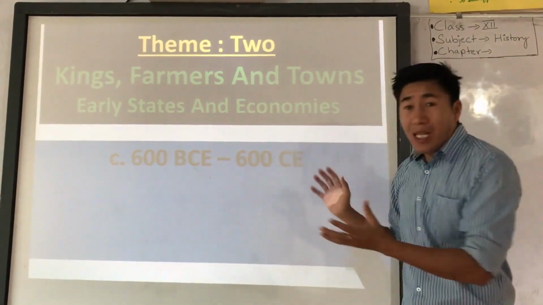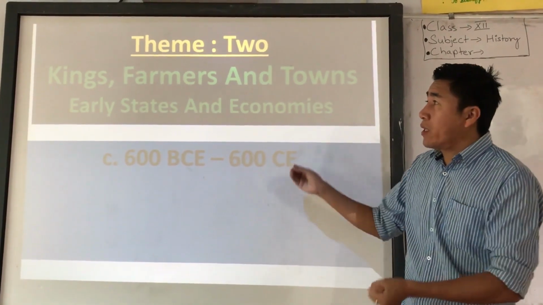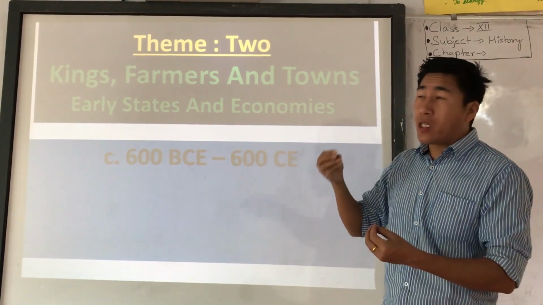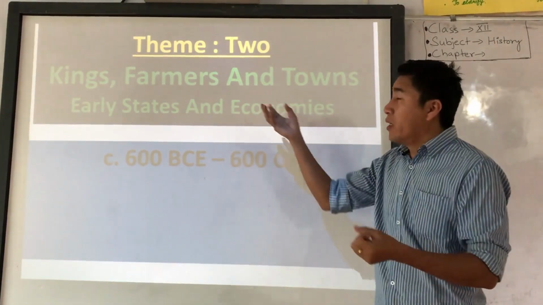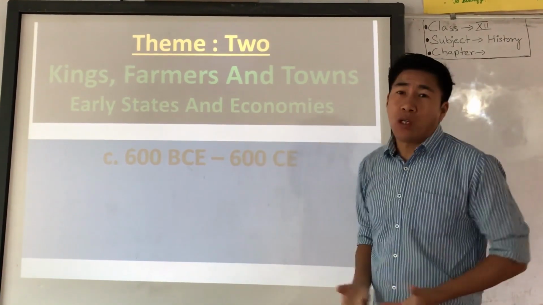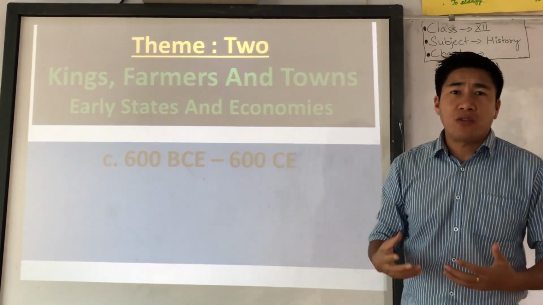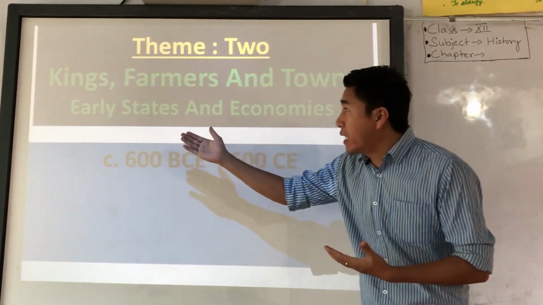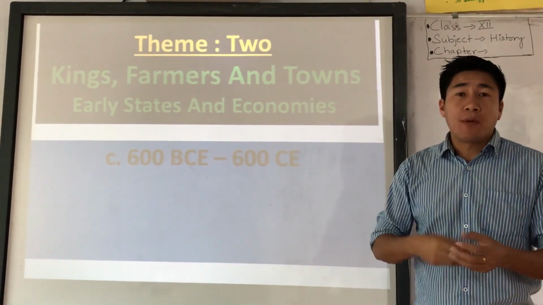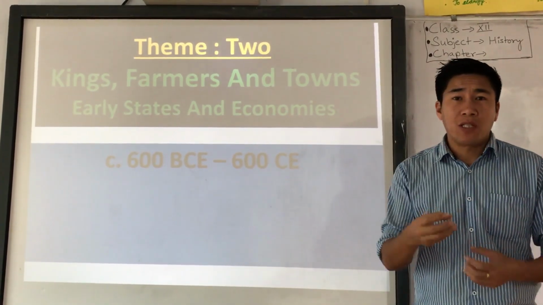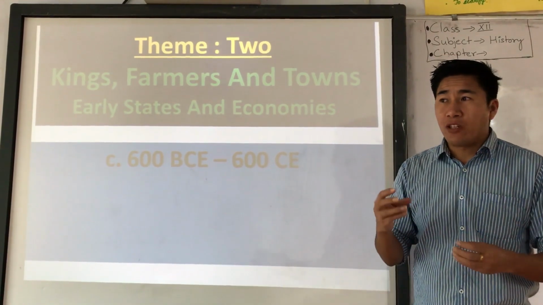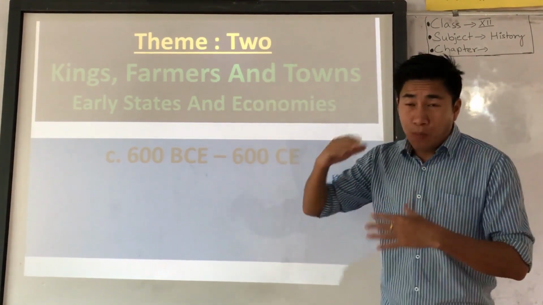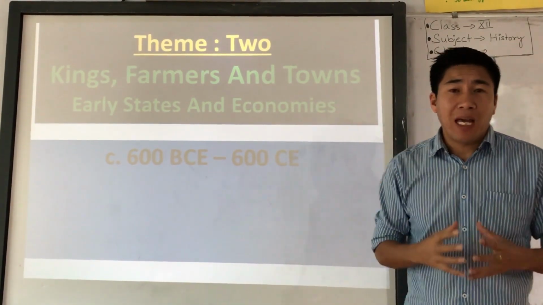Understood? So between this period of 1,200 years, we are going to study about the kings of ancient India, and we are going to study about different kinds of farmers and their development of agriculture. Then we are going to study about different kinds of towns that emerged during that period, in early state and economic. We are going to study about business relationships, and also different kinds of coins and economic activity. On the whole, we are going to discuss the political and economic history of ancient India.